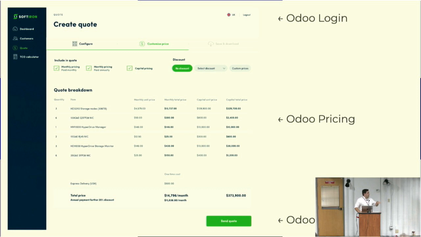But we leverage a lot of information in Odoo, and we don't replicate that data anywhere. So we use login wherever we can. The pricing, the part numbers, the descriptions of those parts are all coming out of Odoo. And when they go through the process of actually sending the quote, even though it's a standalone process where it